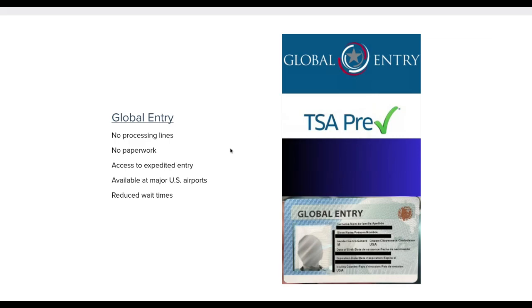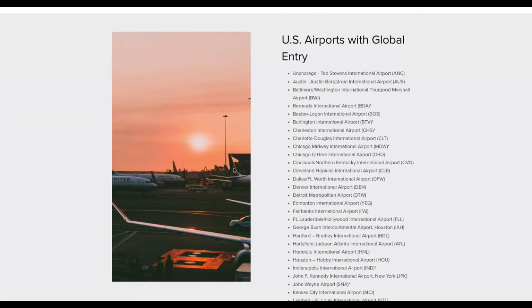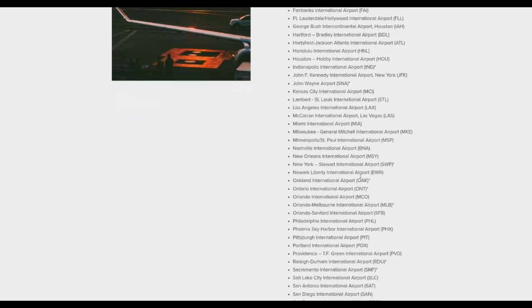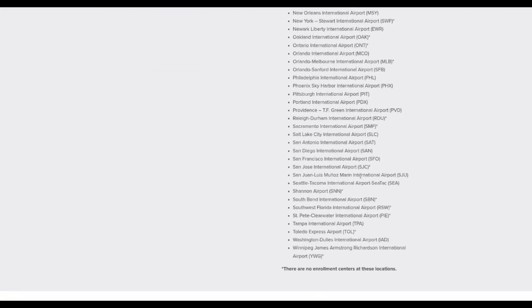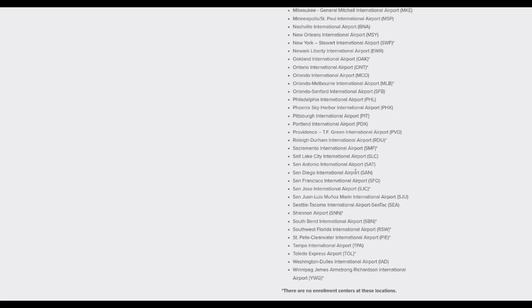Back to the course. Now here's a list of the U.S. airports with Global Entry. It's a very long list. And also the airports with the star on it, the little asterisk, that just means that these airports don't have an enrollment center. An enrollment center is what you'll need to go to in order to get your final interview. So basically it's no more than 10 minutes. They will take a picture of you, they will take fingerprints of you, they will ask for your ID and